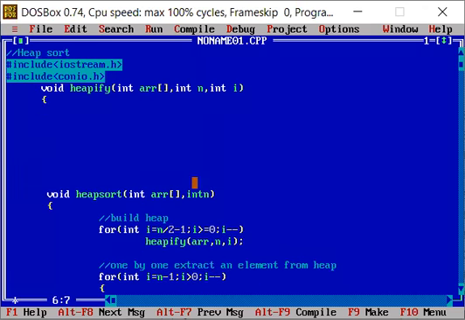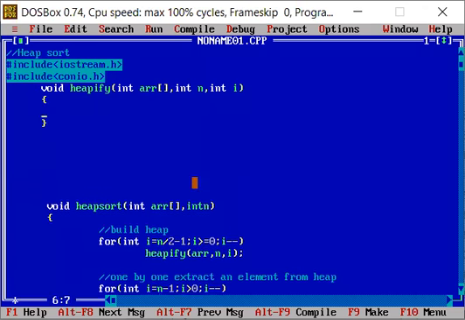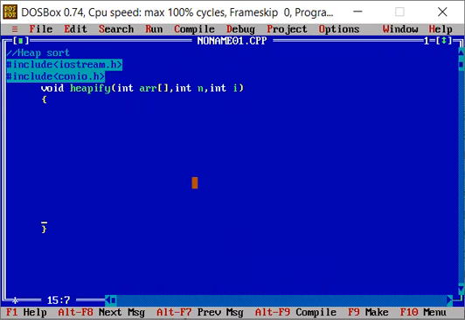Then I'll write the compound statements, and this is just your algorithm. So here we need to write the algorithm of heapify. So we'll write largest. This means we are going to do the max heap now. I have assumed that largest is equal to i.